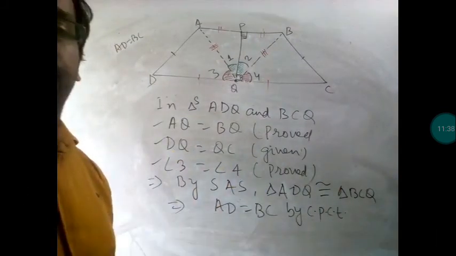So what have we used in our question? We used a trapezium, we used the midpoints of the trapezium, then we used the rule of congruency, in fact twice in these triangles, and then we proved AD is equal to BC. So have patience in these questions, they will be solved. You just need good knowledge of the rules of congruency and their application here.